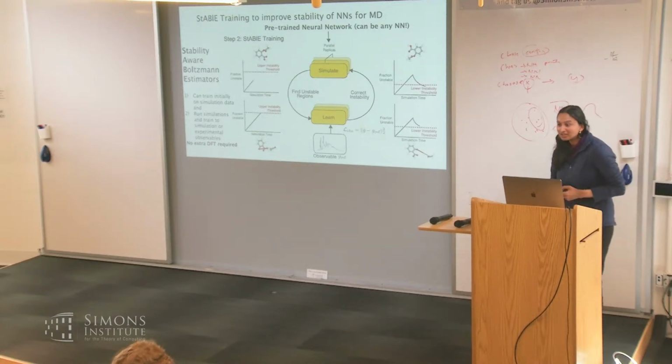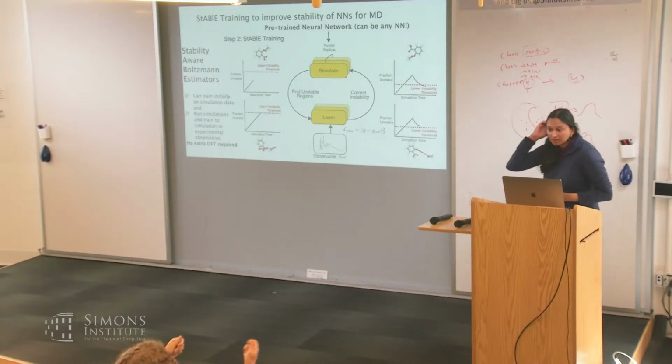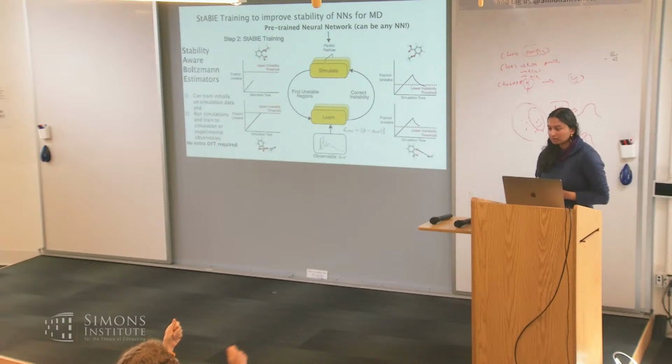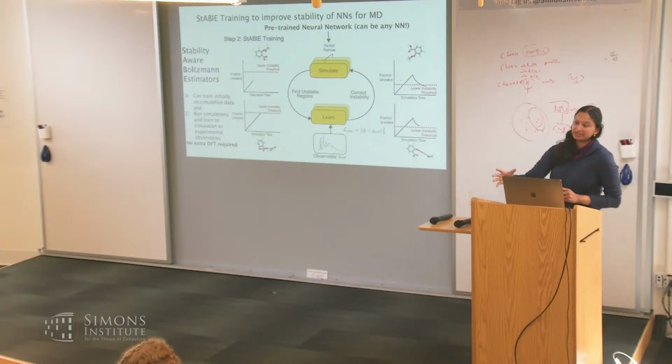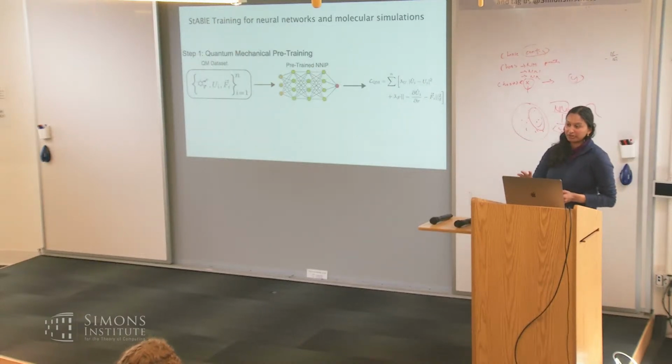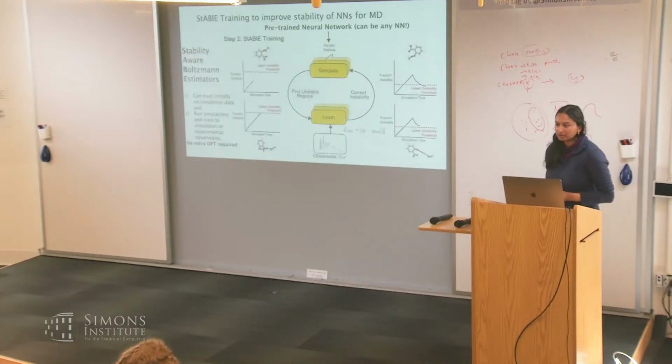I'm confused. I thought there was a multi-objective with the forces and the energies and the observable. No, you're turning the observable on and off only if it's in an unstable region. So the energy and forces training is completely separate. That's our step one, what we do initially. After we do that, we do this observables training. That's just pre-training. You could end up forgetting that entirely based on reading the observable. It's possible you could forget that entirely.